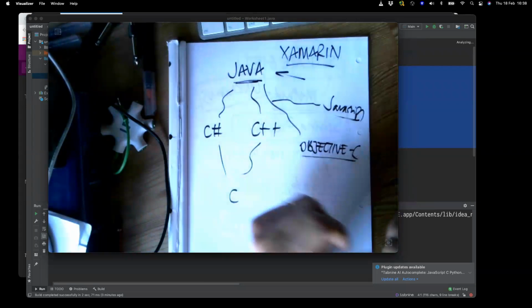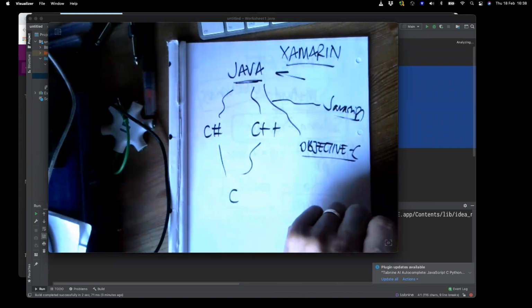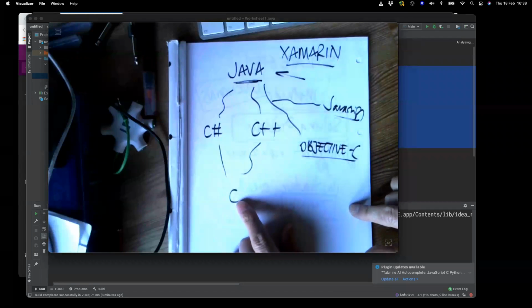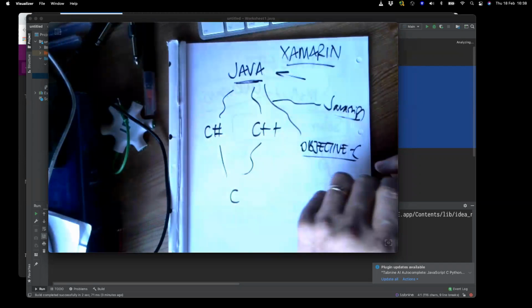C++ is still very popular if you want to go into engineering, if you want to go into, well, if you want to go into cybersecurity, you need to do this. You need to be confident with this. C++ is still out there. Other languages of the same family will carry on.